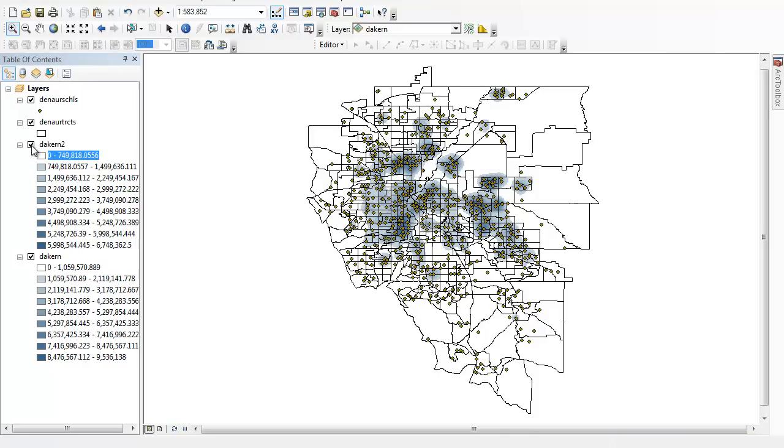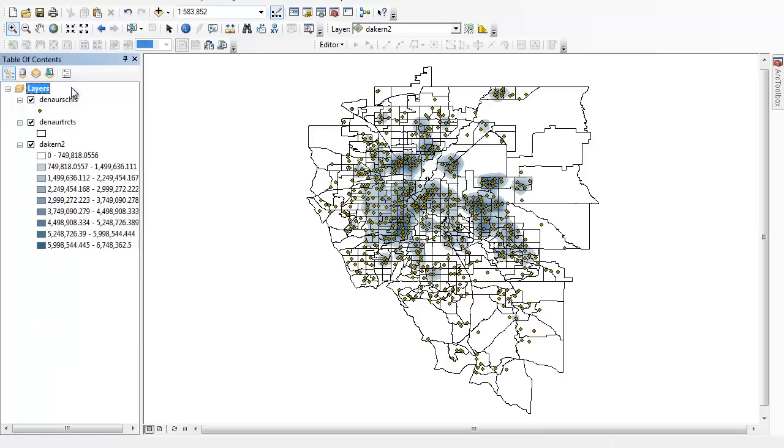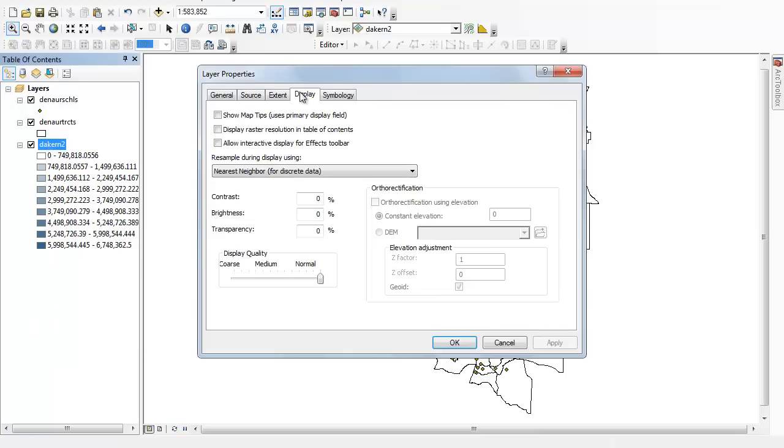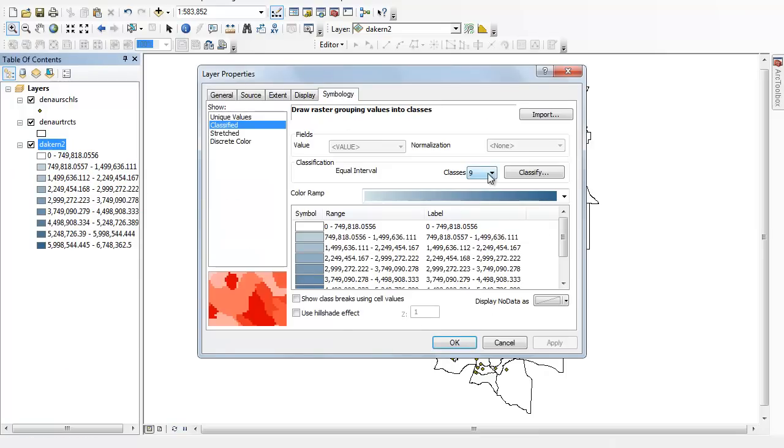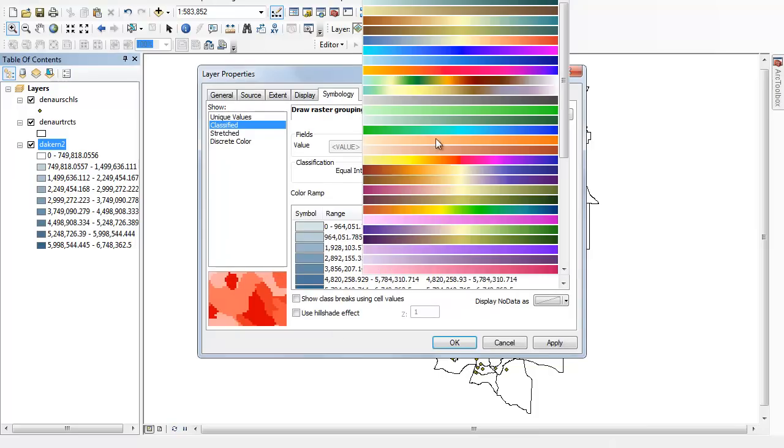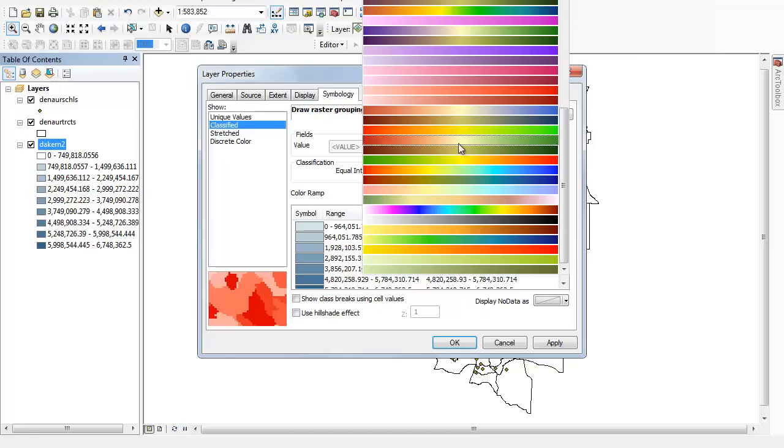Okay. As you increase the distance by which it looks for similar type schools, you get a sort of a more aggressive shading of the map. So let's get rid of that original one and go with this more aggressive one. You can double click, go to symbology. If you want to stick with the single color ramp, that's fine. But I usually stick to 7. And then again, I kind of like the